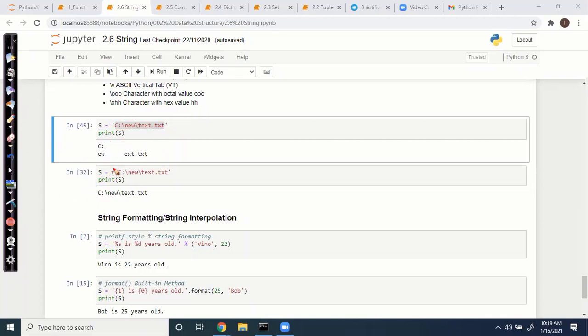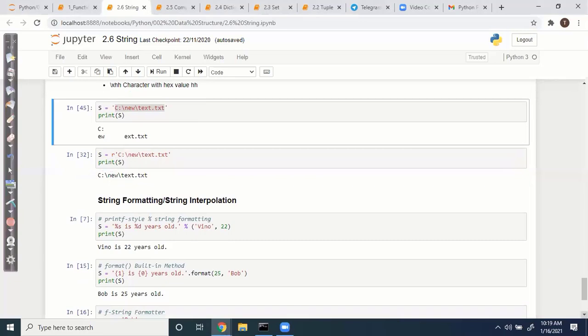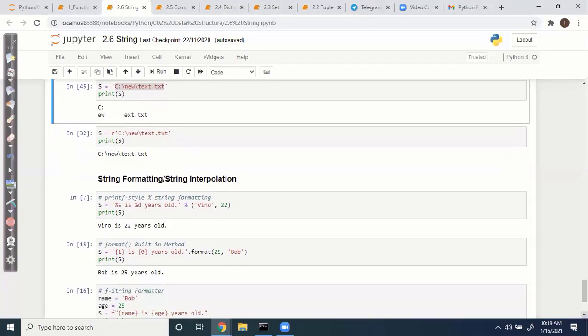At that time you can use raw. This one is a raw string. So the Python interpreter will print the entire thing, it will take the entire path, because it is specified at the beginning that it's raw text. It won't disturb the line. You can use it like this. These things are very simple, but people get confused about these basics.